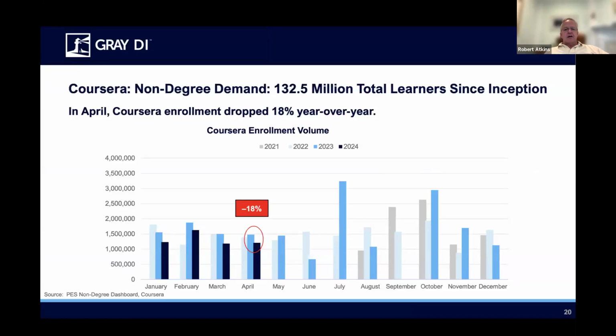So Coursera, I found this interesting. It's actually down 18% year over year. It's been enrolling over 1.5 million people a month, and it's down closer to 1 million now. So there's a little bit of cooling, at least for Coursera. And we'll double check Udemy as well, one of the other big MOOCs. But this could be a share loss by Coursera. That is, there's the same number of people taking these online courses, but Coursera is not winning as many of them. But that big a percentage decline, I suspect there's actually some decline in interest in this sort of program in general.